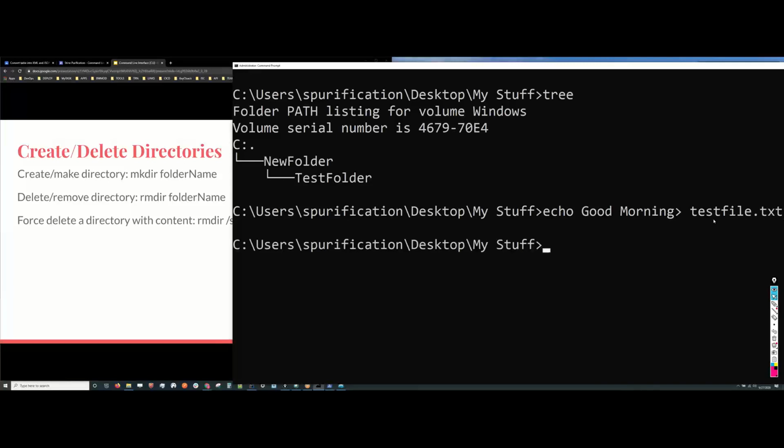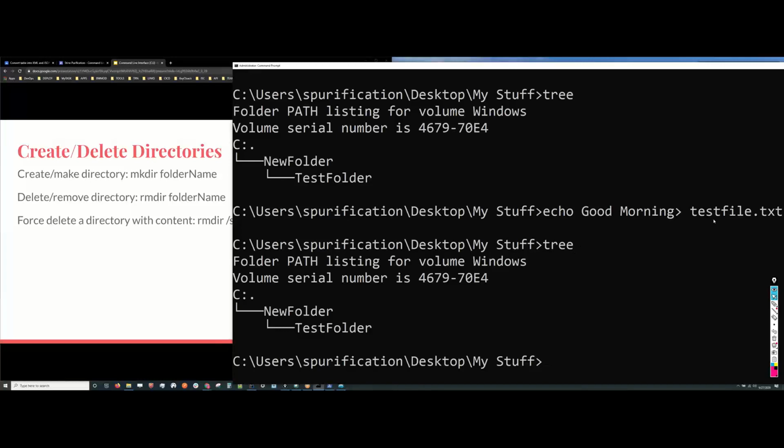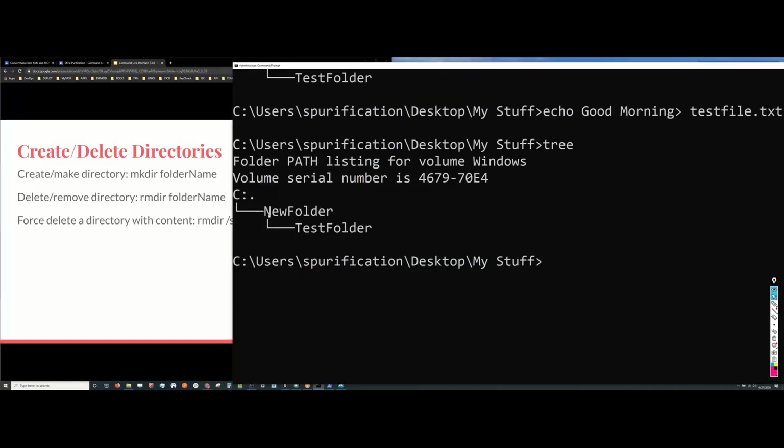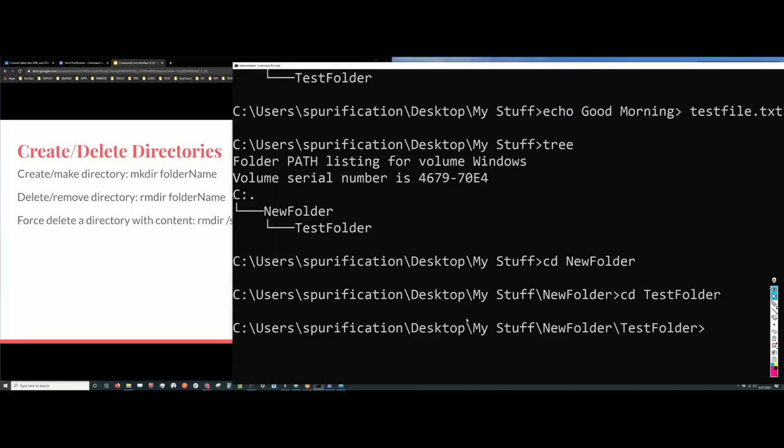If I hit enter, it has created that file. Let's hit tree here and let's see what we have. We got this new folder. Inside that we have test folder, and if I go into this test folder, cd new folder, cd test folder, and say dir,